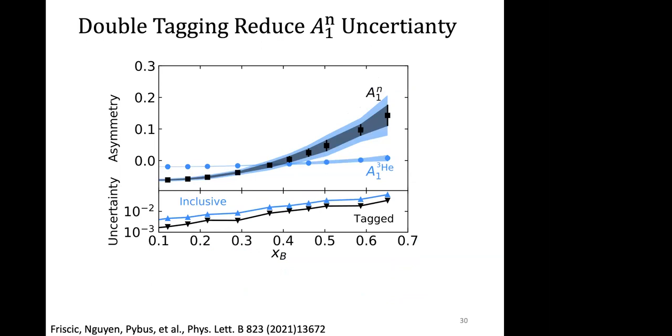The black band here is the measurement of A1N directly from the double spectator tagging. Because of the error bar here, it's kind of small. Then we have the bottom panel to show the blue one, which is the absolute uncertainty of the extracted A1N, and the black point, which is the uncertainty of the direct measurement of A1N using the double tagging measurement. You can see that the double tagging measurement definitely has a much smaller uncertainty compared to